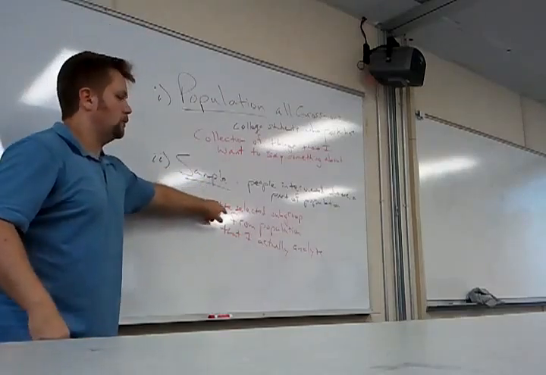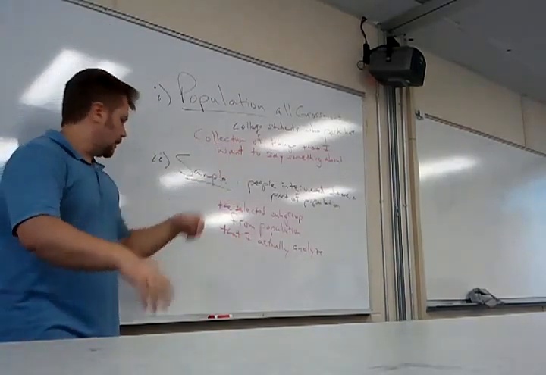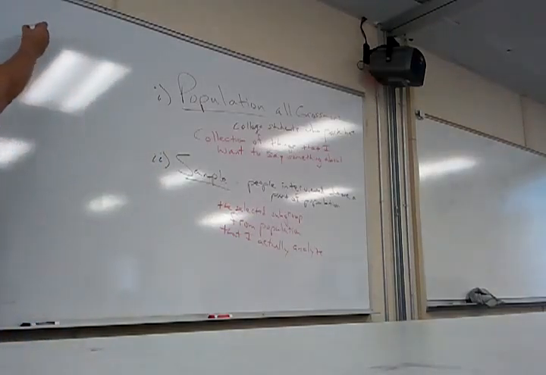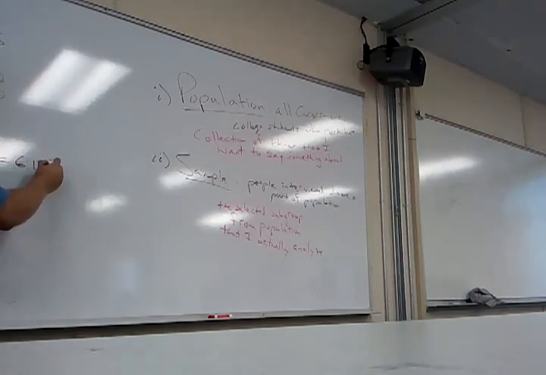So if I did take a sample of people who parked here, and let's say I get an average, so I talk to people and say, it took me about 5 minutes this morning, it took me about 11 minutes when I got here, it took me about 2 minutes, it took me no time at all, and so on. And then I take an average. My average was maybe 6.13 minutes. I have no idea what the true average is, right? Because we'd have to actually do the study. That is my analysis of my sample, right? This is what I got from the sample. These are the answers from the people.